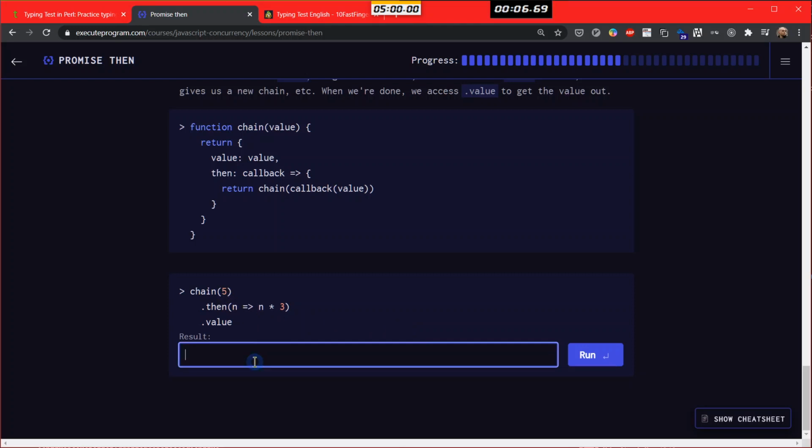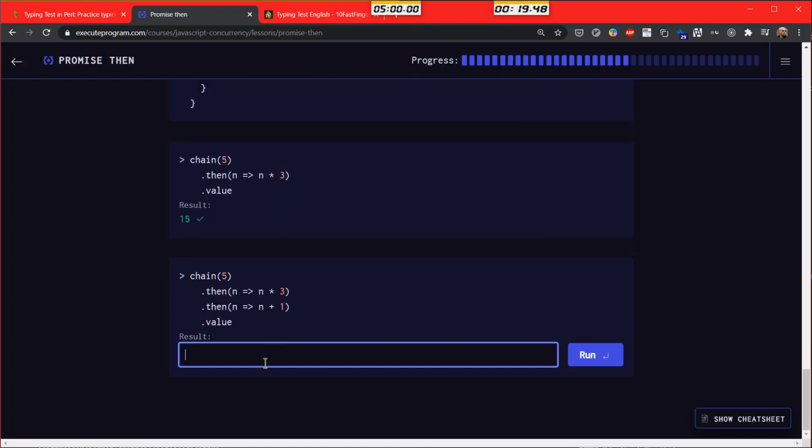This will be 15, right? So dot then, and that will return this object with that and another callback function. Okay, so this will be 15. If we check 5, that is